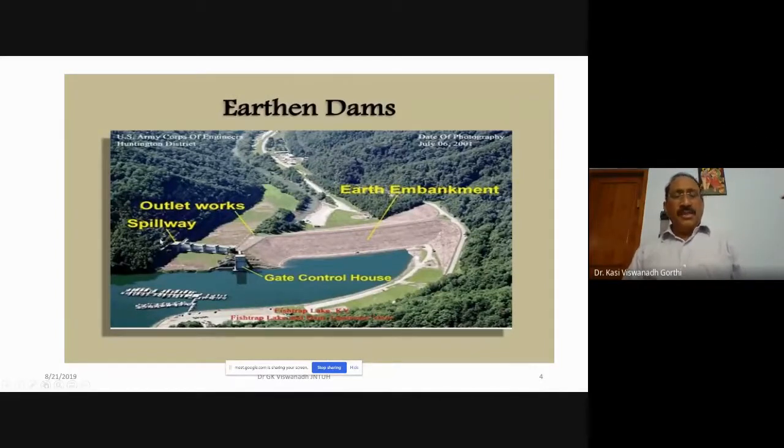A spillway is provided for any dam, let it be a gravity dam, let it be an earth dam. Spillway is mandatory. It is sometimes called the safety valve for a dam. Why is it called a safety valve? During the flood period, when more water is coming into the dam, we should have some safety measure to see that the dam must be safe against this huge flood coming into the reservoir.